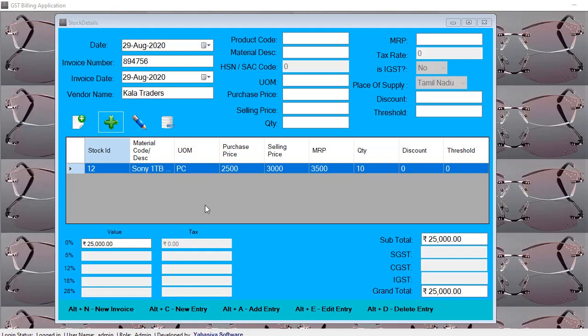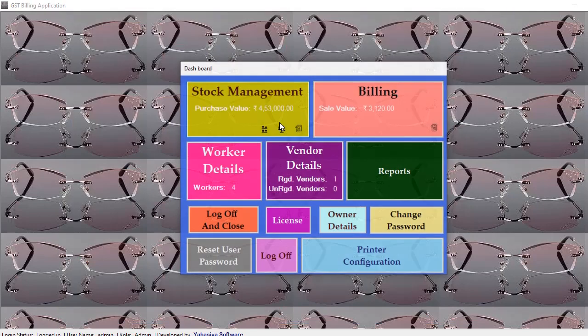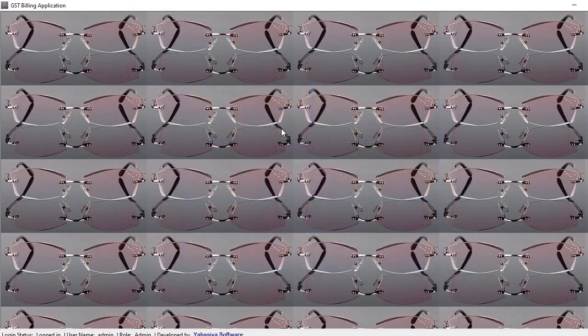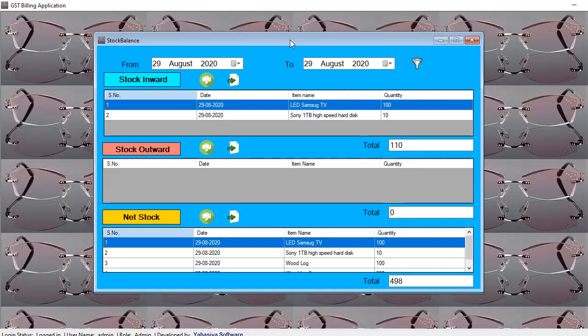So after the introduction of the product code, our typing effort in a stock entry is reduced. That is our improvement here. The next step is stock balance. In stock balance, before we didn't have any printing features, like we could not print our stock inward, our stock outward, or our net stock.